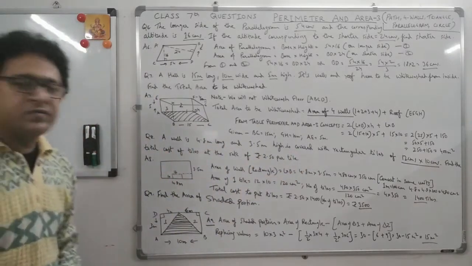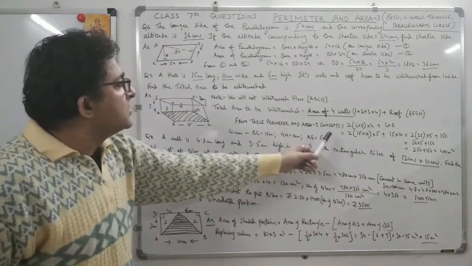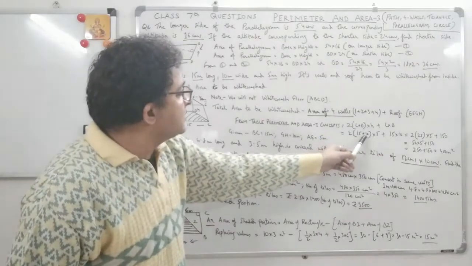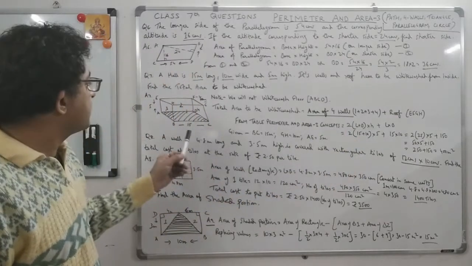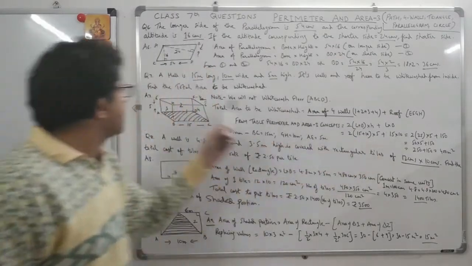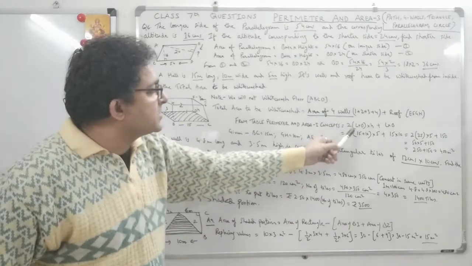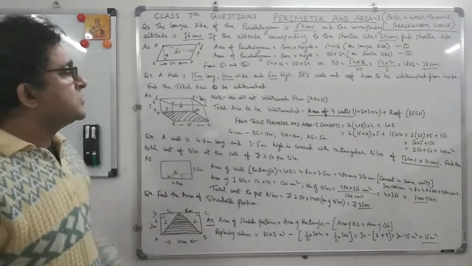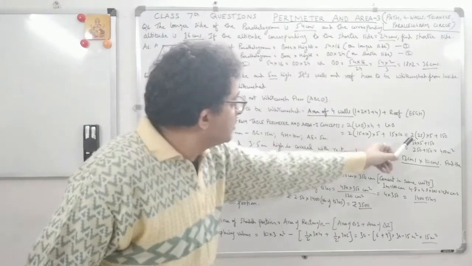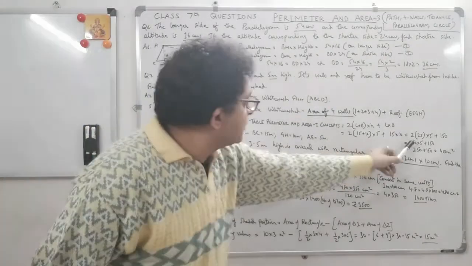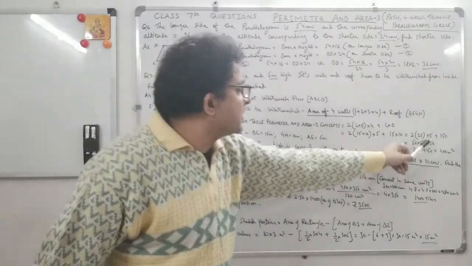So always make a diagram, which makes things much easier for you. So just replace the values now. 2 into (15 plus 10) into 5, this is the formula, plus 15 into 10. Again length is 15 and breadth is 10, because again I told you, the roof is length into breadth. Area of 4 walls is twice length plus breadth into height, so this has to be in brackets. So now 2 into (15 plus 10), which means 2 into 25 into 5. So 2 into 25 is 50. 50 into 5 is 250.